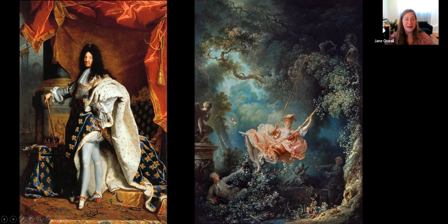So the lightness and the airiness and the frivolity of the Rococo, you can certainly associate with ballet, because this king loved ballet himself. So we see this all kind of coming together in Hyacinthe Rigaud's incredible large painting of the king over here. But another emblematic image of the Rococo, and I feel like we're almost peeking into the gardens of Versailles when we look at this image over here by the French artist Fragonard,